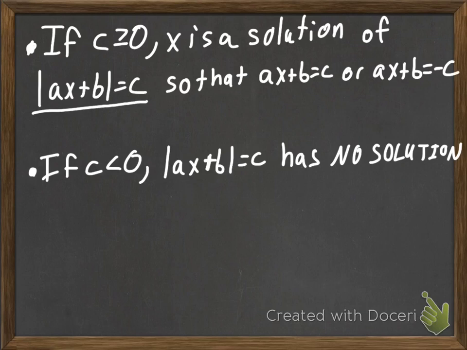So if in this equation c is bigger than 0, we know that x is going to be a solution to the absolute value of ax plus b equals c. What happens after that, we see that this becomes ax plus b equals c, or ax plus b equals the opposite of c. If c is less than 0, then the equation, absolute value of ax plus b equals c,